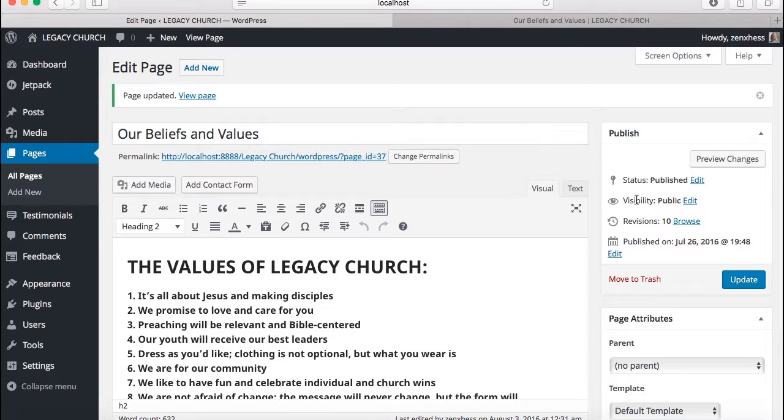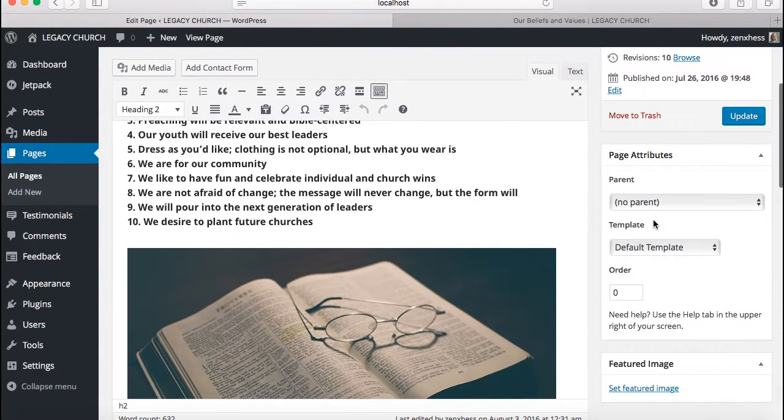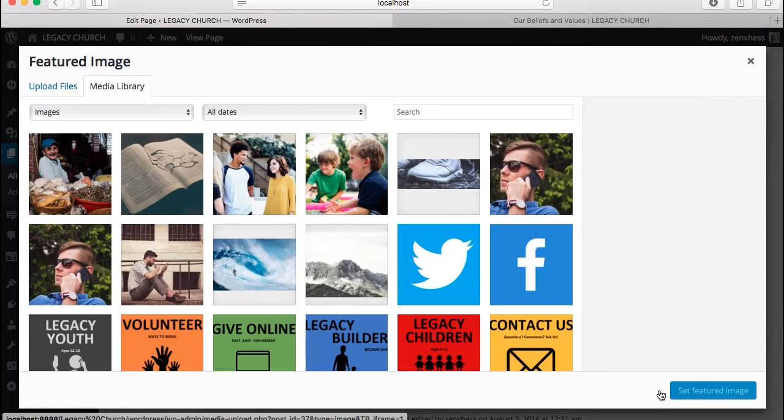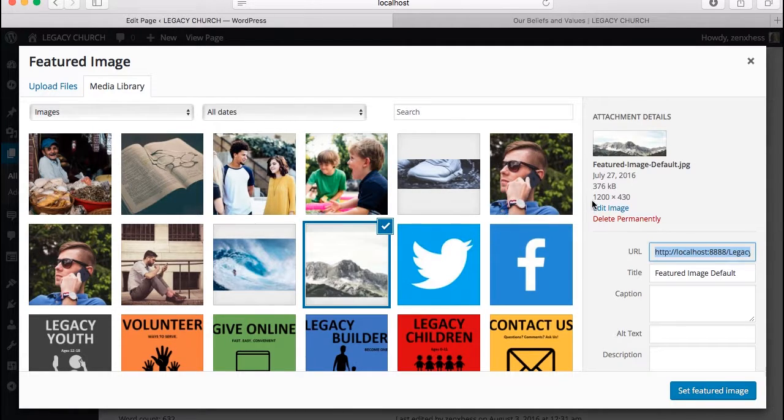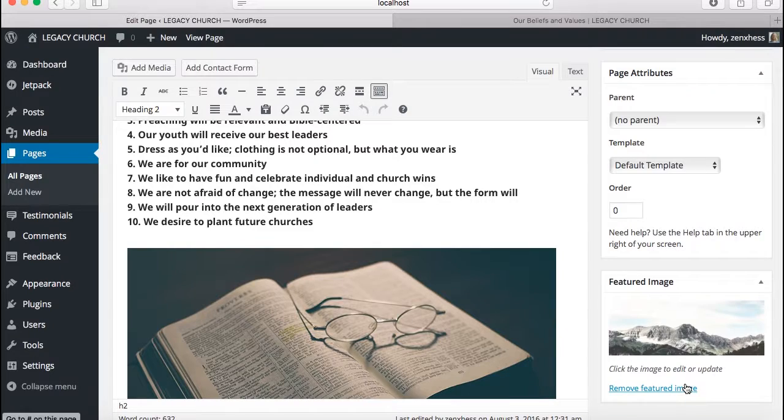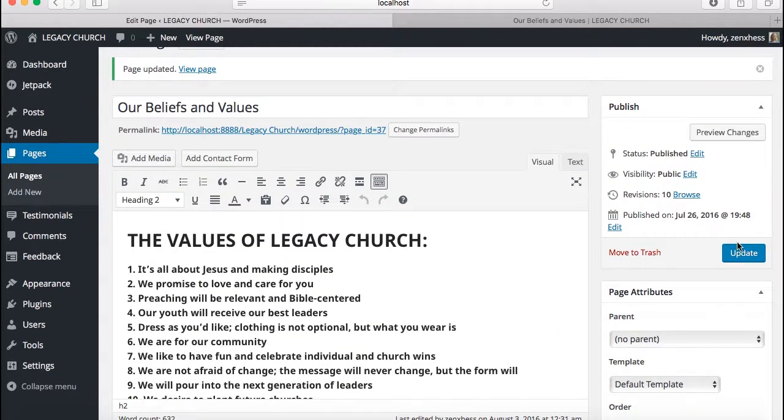We can go back to the page editor and scroll down on the right side and find the featured image bar. If we click set featured image and select one, like this mountain picture, which is sized to 1200 pixels wide by 430 pixels tall, and hit set featured image. If you want to, you can enter the descriptions again for the same reasons that I mentioned above. You can click set featured image, hit update,